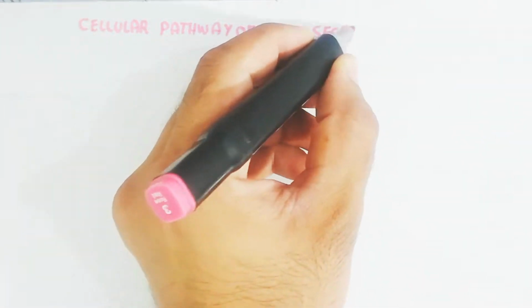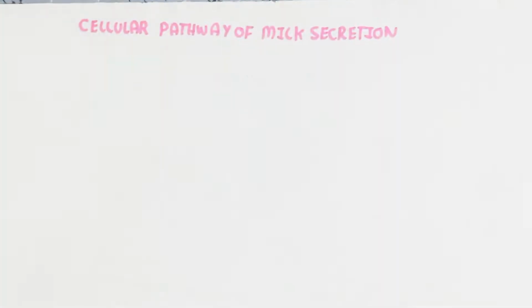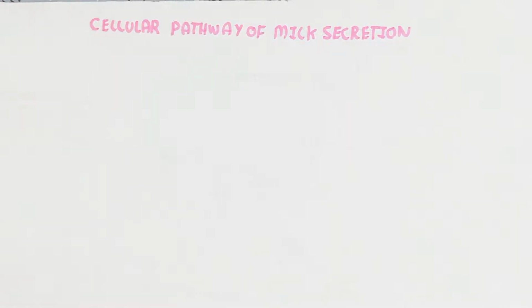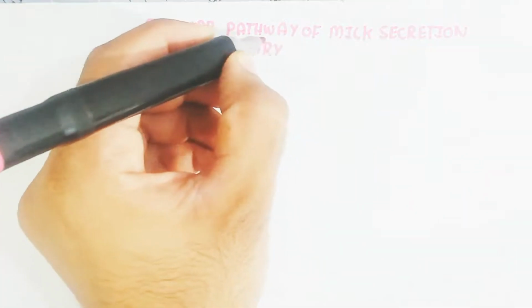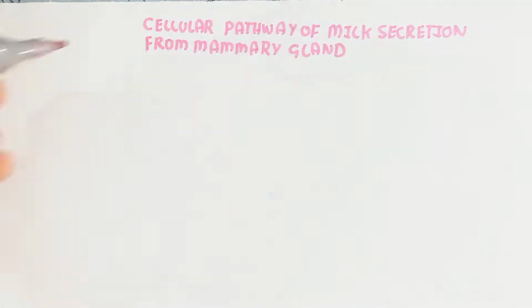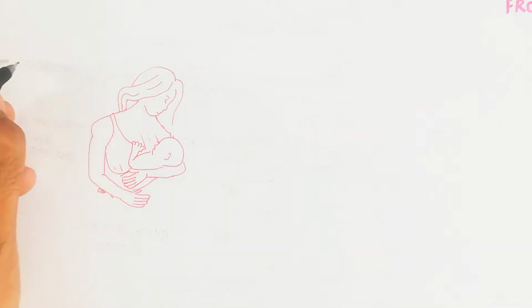Hello, in this video we will discuss the cellular pathway of milk secretion from the mammary gland. So we will understand the molecular biology and the signaling pathway of the cell. So we will learn the cell biology. And in this way, first of all, we need to understand the function of oxytocin and prolactin for